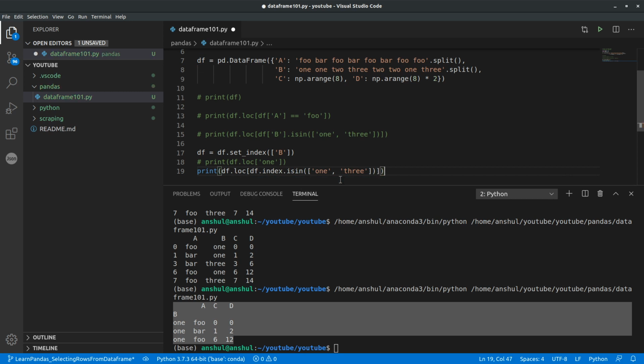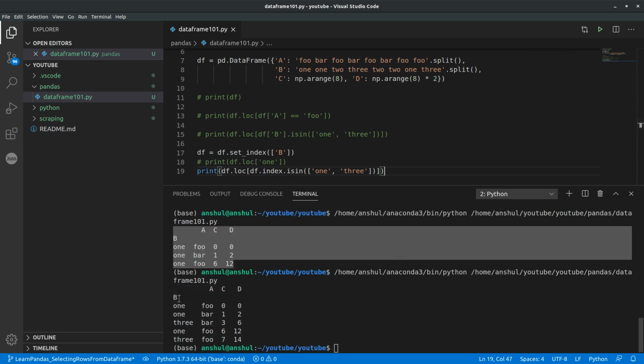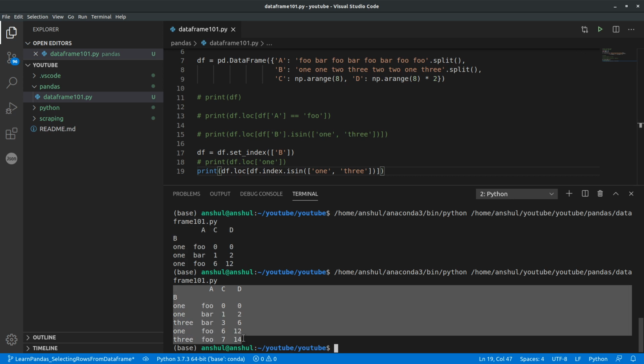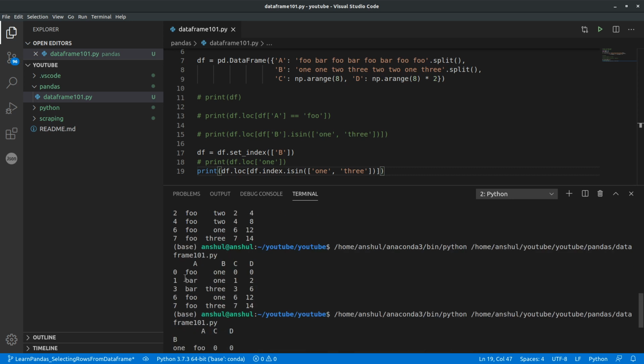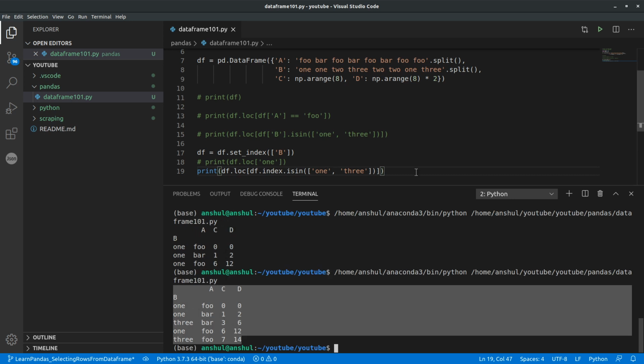Let's print this and see what we get. We got all the rows which had 1 or 3 in the index column B. If we compare this to the earlier result, it will be the same, the only difference being B is not an index column there, but it's an index column here.